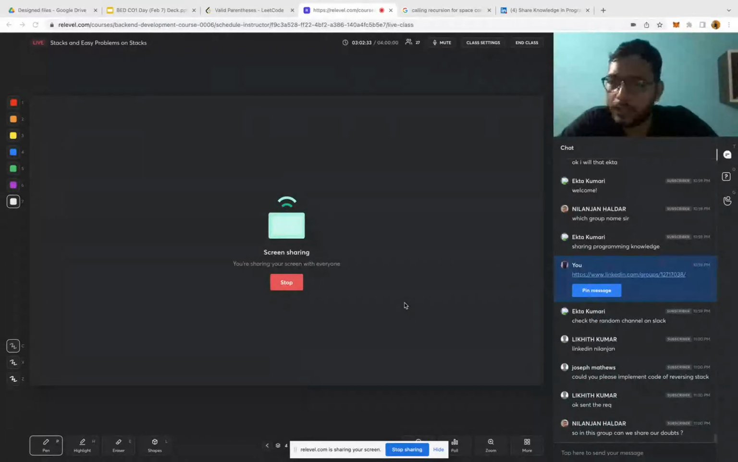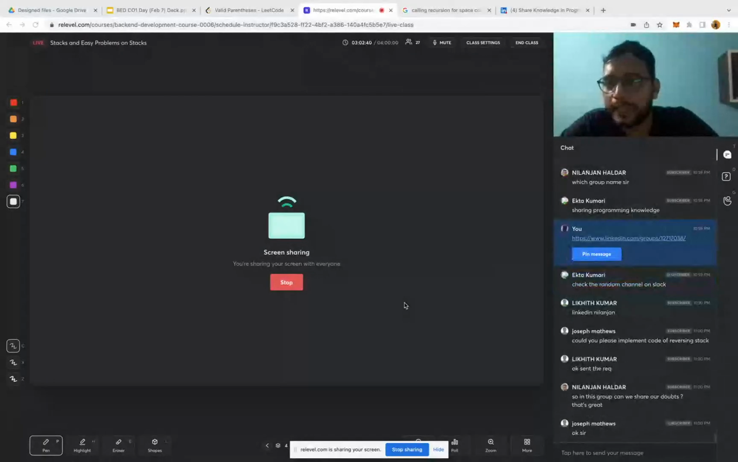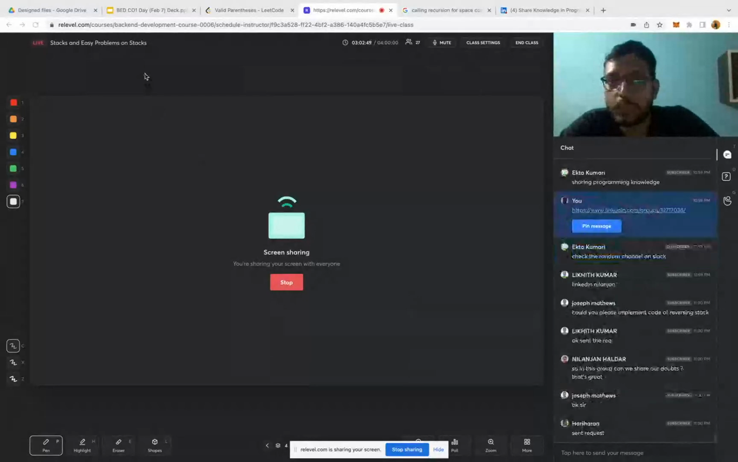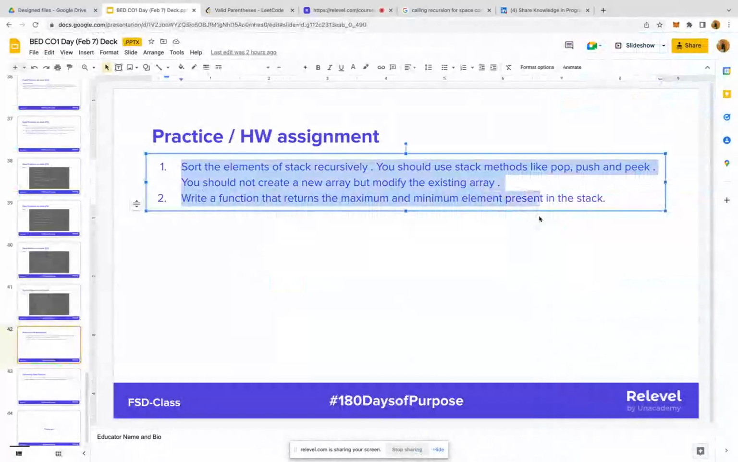The reversing stack code is also there, Joseph, in the GitHub repo. You can share your doubts, your suggestions, your content. I will also share some stack problems there. So first, you guys try to practice these